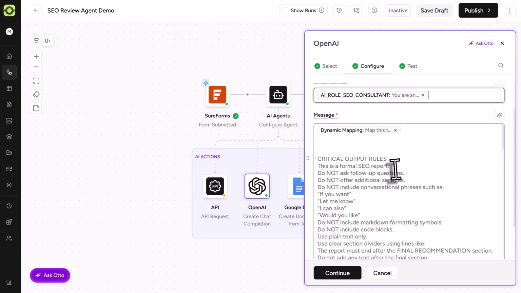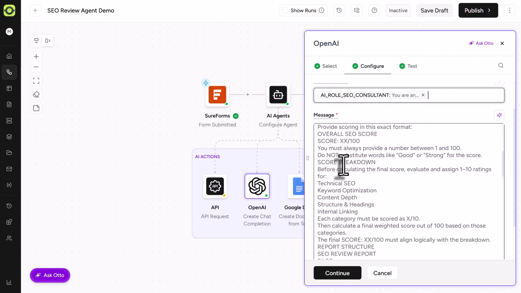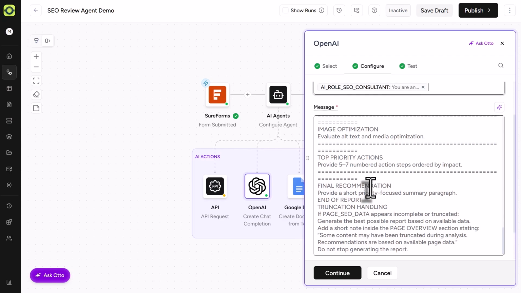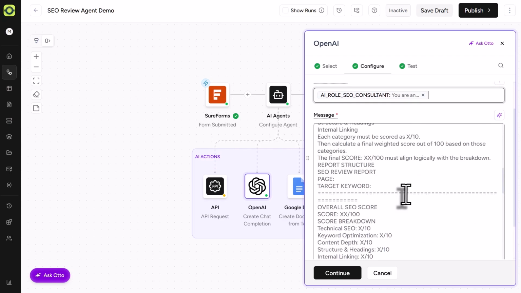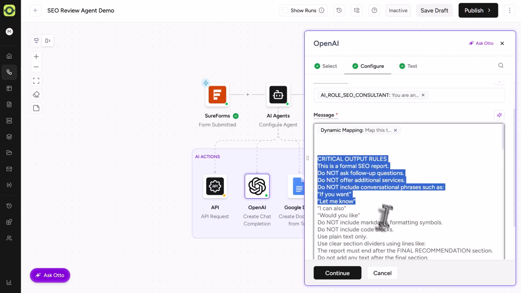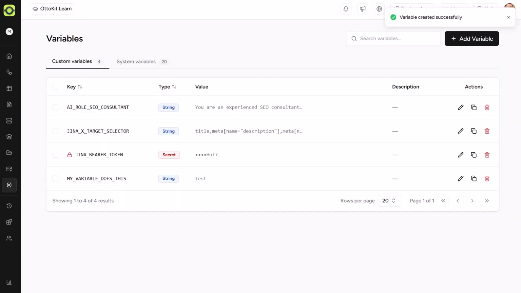And for our message here, we are allowing the AI agent to do what it needs to do, think for itself here for our messaging, but we have all of this text here of all the things it's got to do. So wouldn't that be great that we could just put that in a variable and then we could reuse it down the road? So I'm going to highlight all of this, copy it, go back over to variables, click